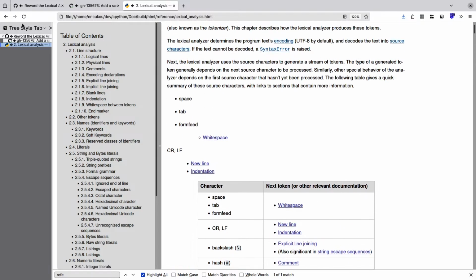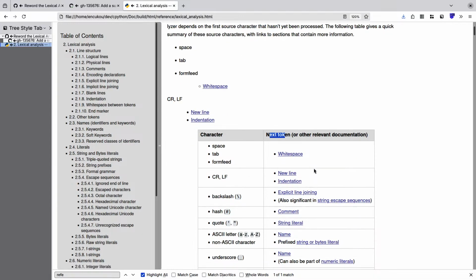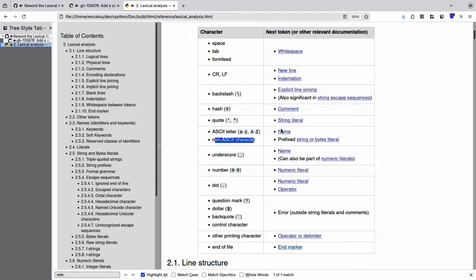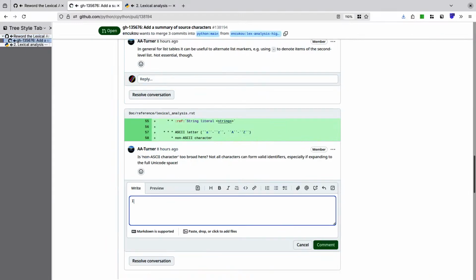So if I say here the tokenizer is looking at the next character and deciding what the next token can be, and if it sees a non-ASCII character, it can only be a name or an identifier. So let me formulate that. A name.